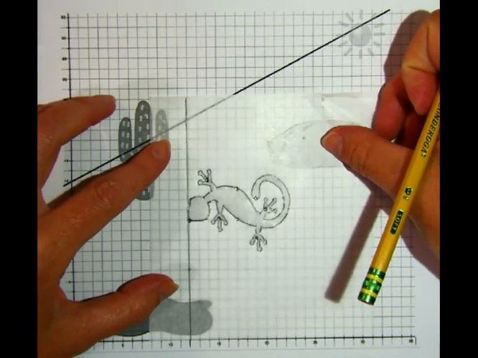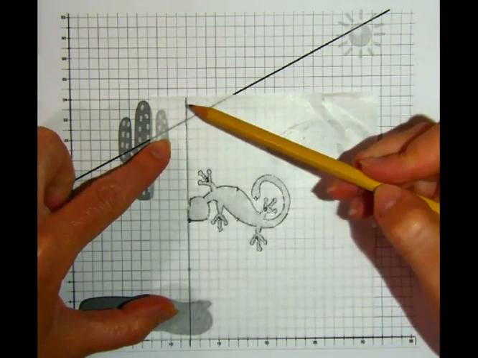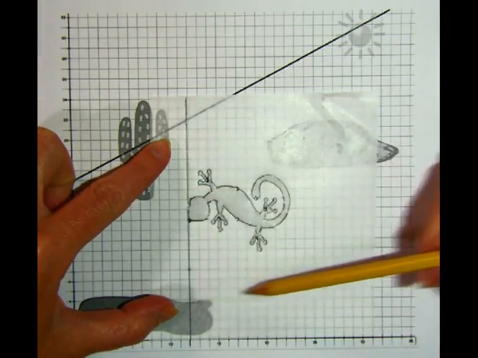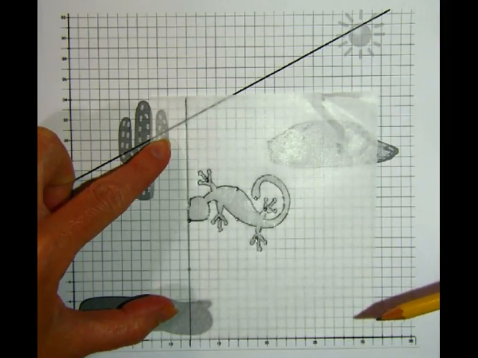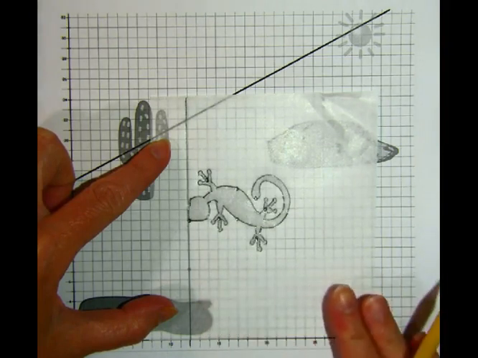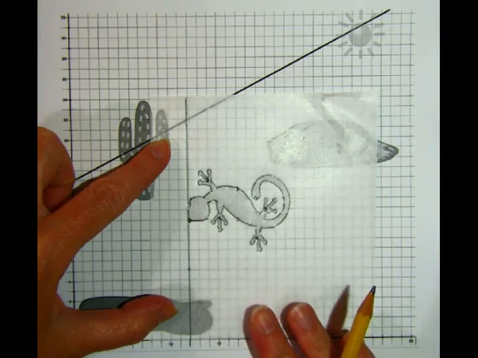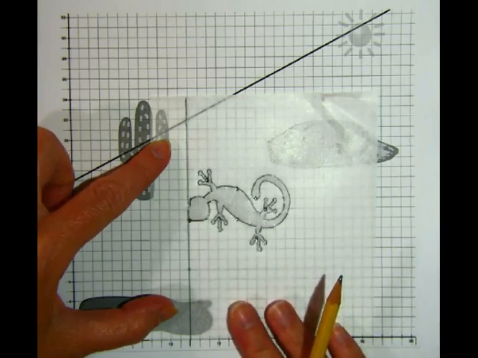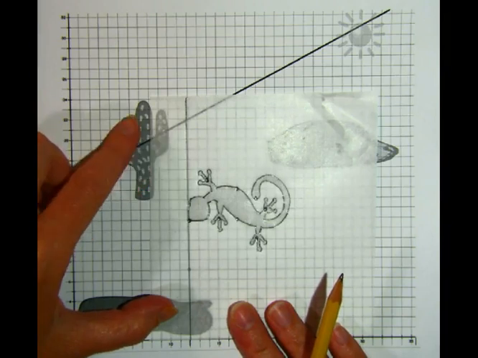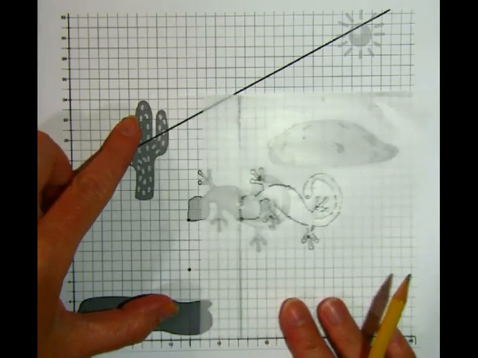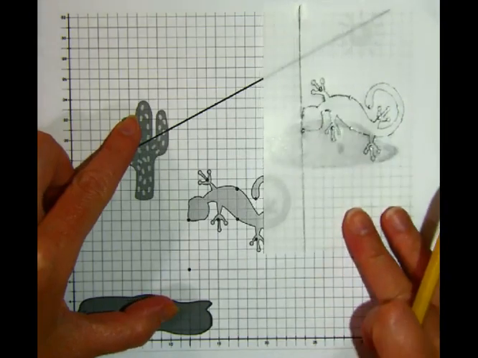One of the tips is to also trace a part of the coordinate plane onto the patty paper, so when you slide the patty paper, you know that all of the points are still lined up vertically and horizontally. So we're going to slide the lizard to the right 12 units and up 8 units